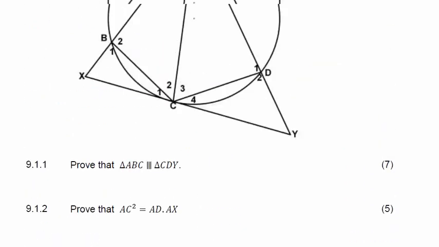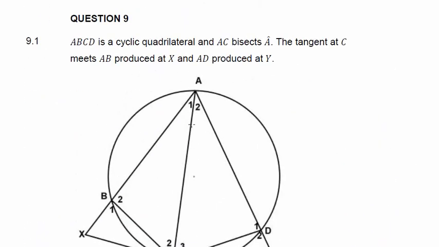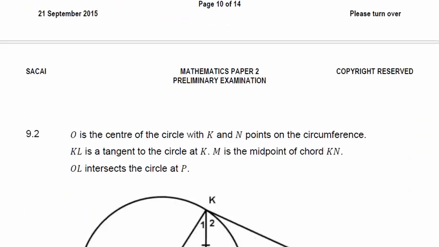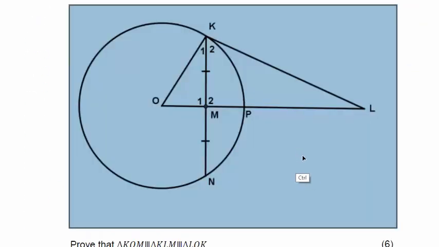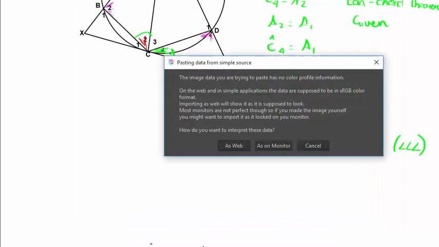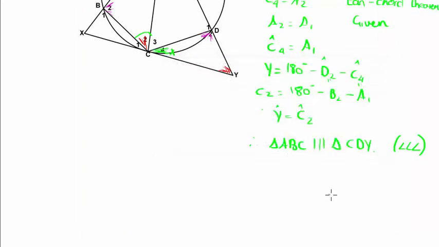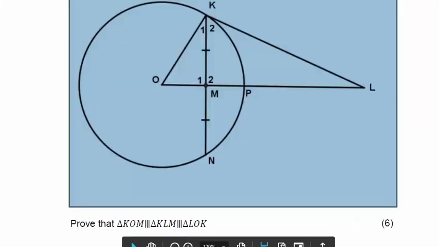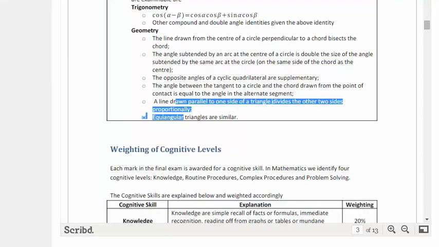The reason why I read that first is just to see, like in this one, they didn't show me here that A1 and A2 is equal. So that's why we just read there to make sure that all the information they give me is actually recorded on the sketch. And they're asking me to prove that that is similar to those.